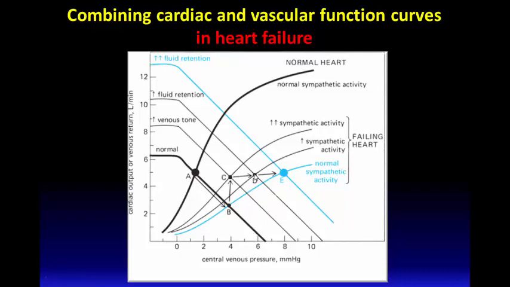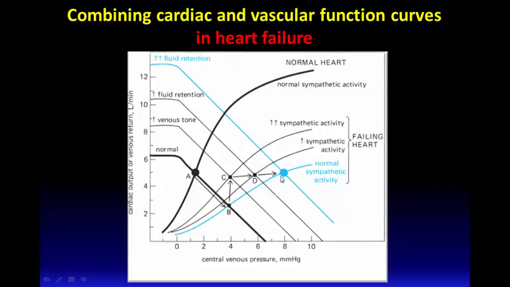Hence, this compensatory mechanism, which is fluid retention, is not actually that beneficial to the failing heart, because it didn't lead to increases in the cardiac output or the venous return, but it results in an increase in the right atrial pressure. With more fluid retention, the vascular function curve shifts more to the right,